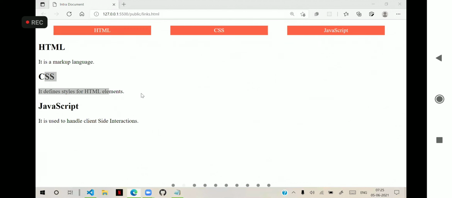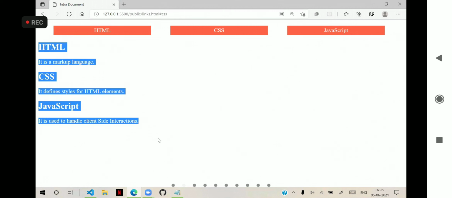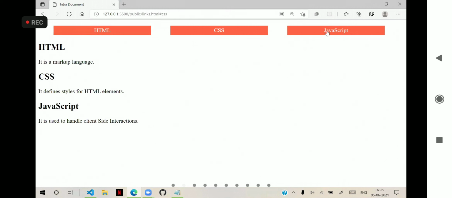What is the main problem here is we don't have enough content to scroll. We have very little content. Now observe when I click on the CSS topic in intra-document navigation: you see the CSS topic is set in the URL, but nothing scrolls. I click on the JavaScript topic and it is set here, but nothing scrolls. Previously it automatically scrolled to that JavaScript topic, meaning it would scroll to that particular topic. You saw that in the shopping site.